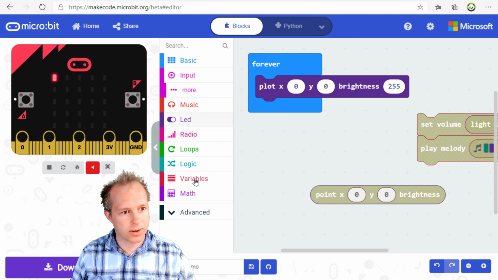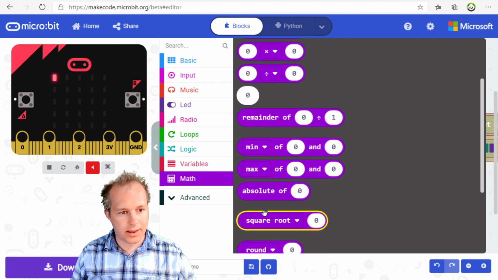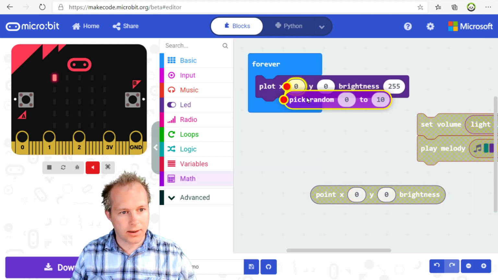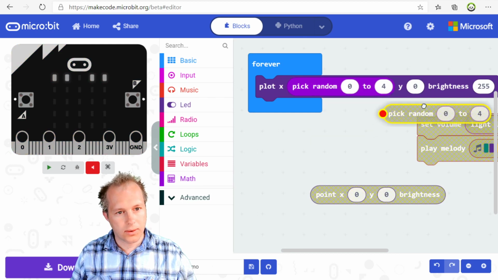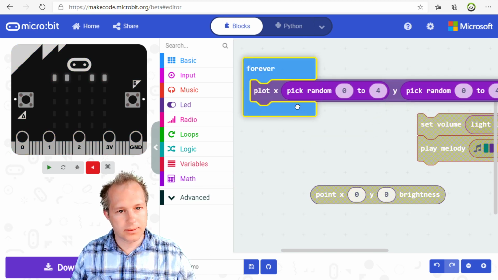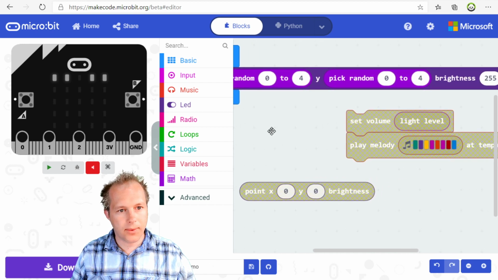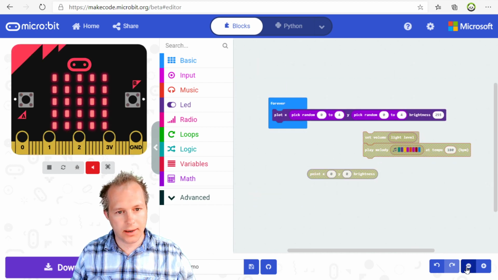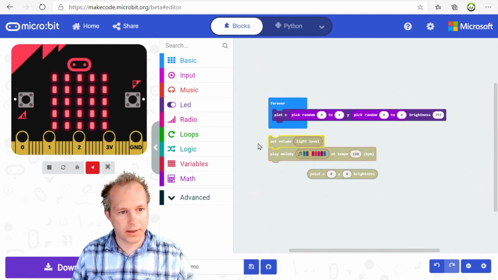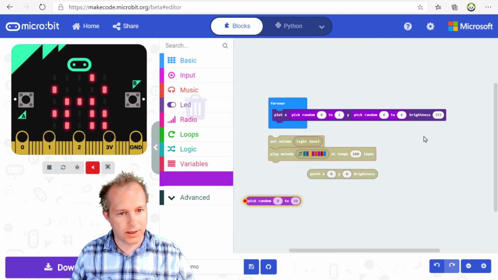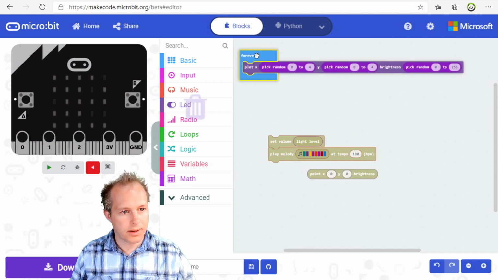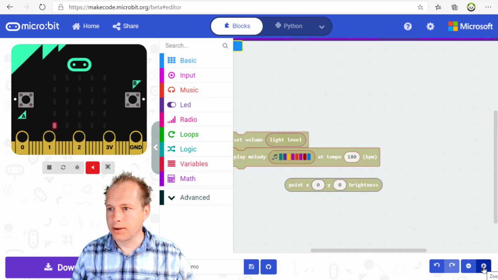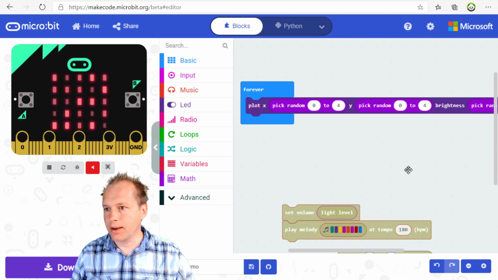All right, we're going to do the classic demo. Here is a bunch of random, so we're going to plot a random position with a random brightness. Kind of the easiest way to demo this thing. And here 255. All right, so if you look at the simulator, you'll see that